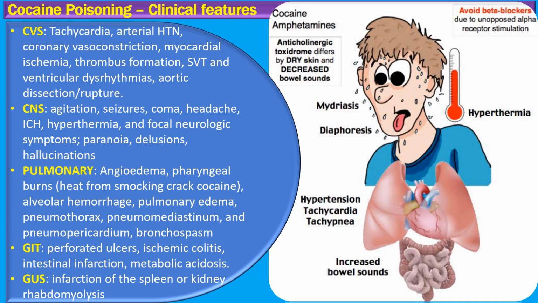Cocaine-induced coronary vasoconstriction occurs in a dose-dependent manner and is linked to cardiac ischemia in a small percentage of patients presenting with cocaine-related emergencies. In scenarios of high cocaine concentration in the bloodstream, the substance's negative inotropic effects may precipitate a sudden decline in the left ventricular function, potentially leading to heart failure. Additionally, cocaine can trigger both supraventricular and ventricular dysrhythmias, either through its direct action on myocardial receptors or as a secondary effect of myocardial ischemia. While rare, aortic dissection and rupture have been documented following cocaine use.